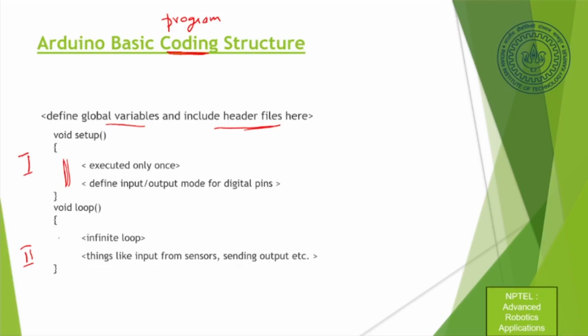Then the second part of the program is this part. The second part of the program is the program which does what you want it to do. For example, in this case, the LED was blinking. So send voltage, or make it high or make it low. High means making some voltage out as high, 5 volts. Setting it low means setting it 0 volts. So how are we blinking?